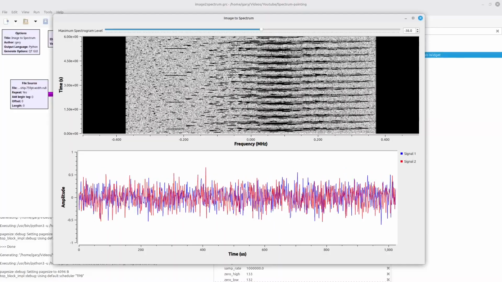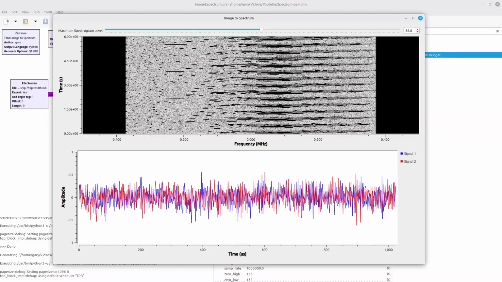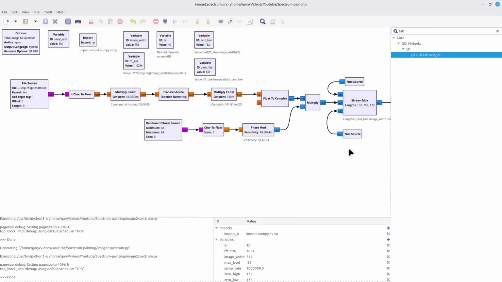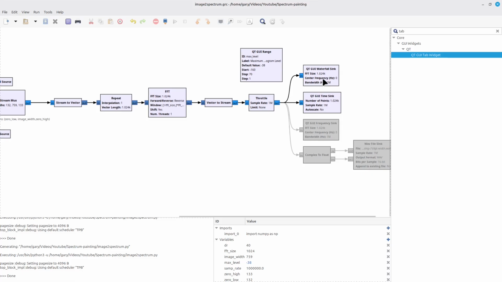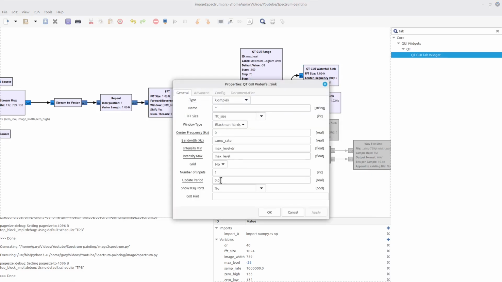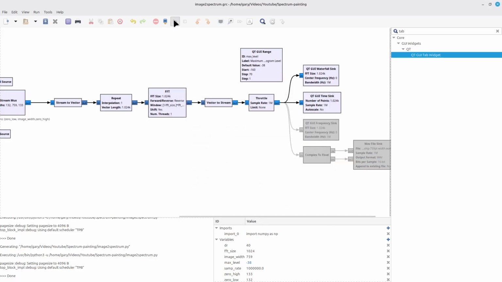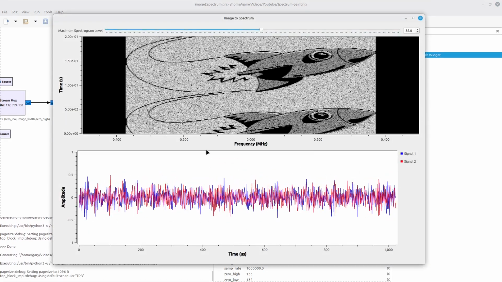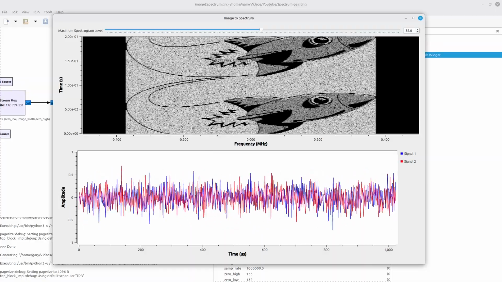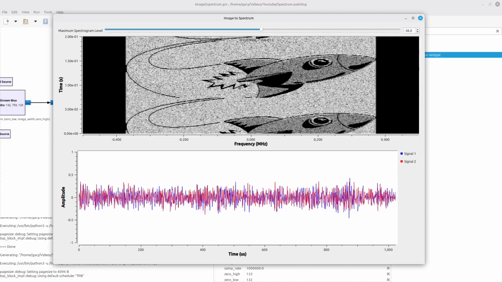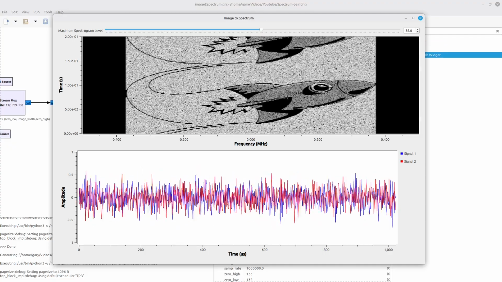But notice again, I'm squished vertically. I'm really not seeing the image. So there are a couple of things I can try. First thing is, can I speed up my waterfall sink? In the waterfall sink, I have this update period. Let me see if I can make that go faster. I'm going to lower the update period and let's see what that does. Well, yep, that pretty much does it right there. I'm already starting to see my image as it's being recreated over and over again.